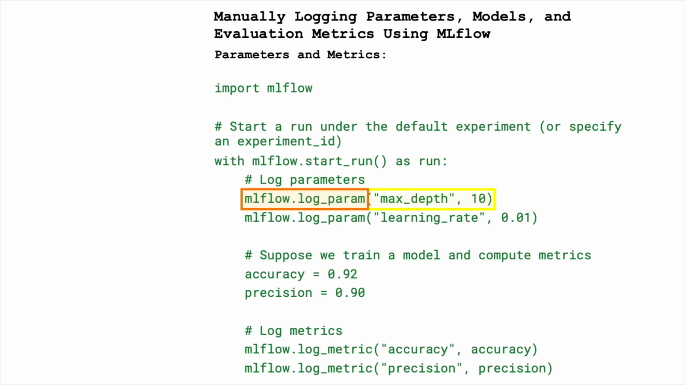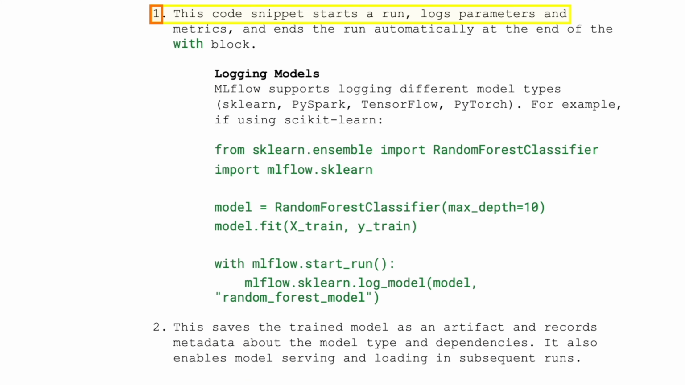#log parameters mlflow.log_param max_depth 10, mlflow.log_param learning_rate 0.01. Suppose we train a model and compute metrics: accuracy equals 0.92, precision equals 0.90. #log metrics mlflow.log_metric accuracy, mlflow.log_metric precision. This code snippet starts a run, logs parameters and metrics, and ends the run automatically at the